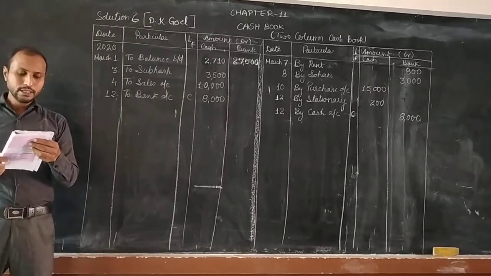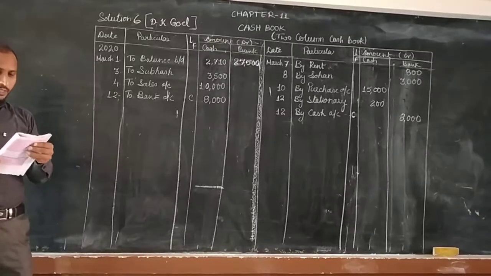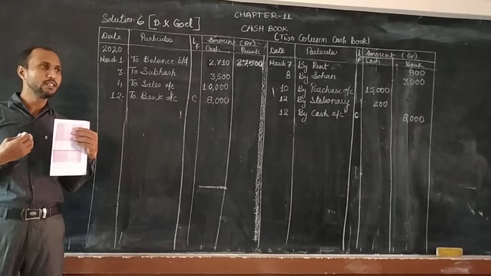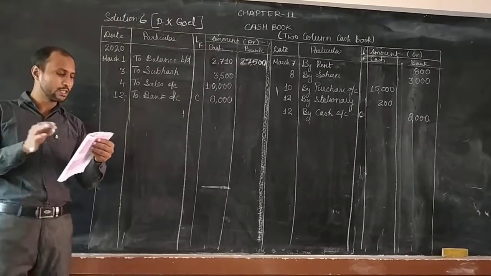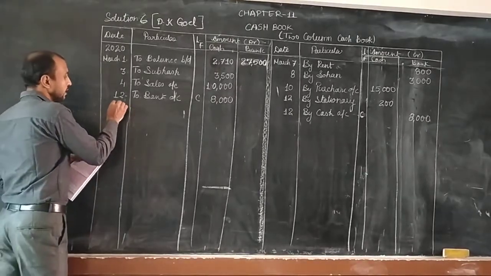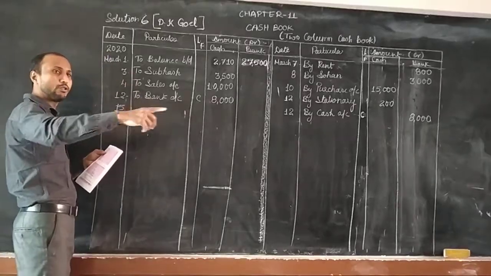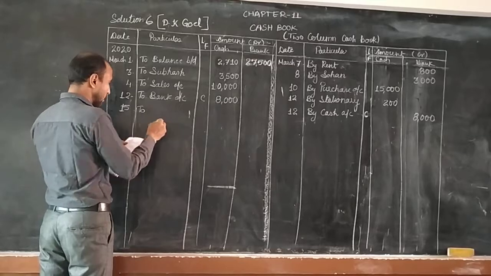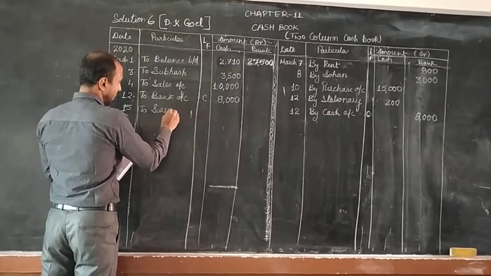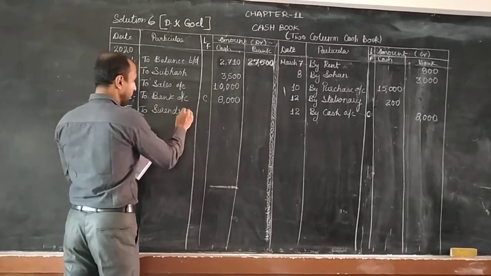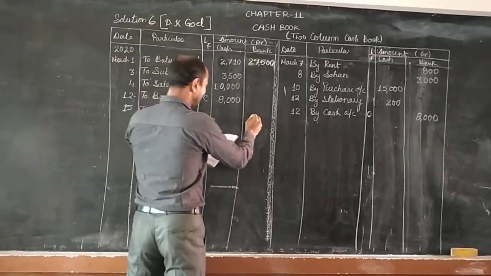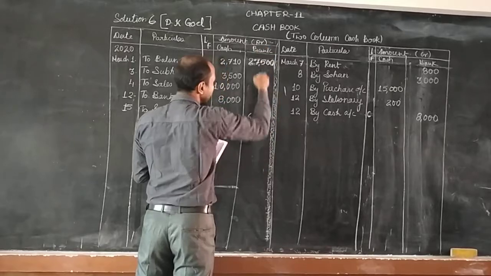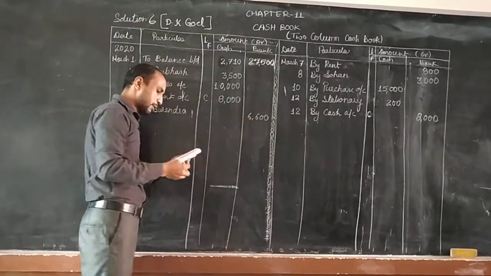Now the next entry: receive check from Surinder and send it to the bank. पैसा मिला, cash we have received, and the same day, date is not changed. 15 तारीख को we have received a check, and the same day we are going to send it to the bank. So we will write here to, who is this? Surinder, S-U-R-E-N-D-R-A, and we will write the amount into the bank column 6,600, क्योंकि उसने जो चेक दिया कहाँ जमा हो गया? बैंक में जमा हो गया हमारे पास.